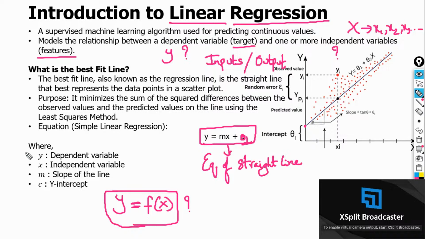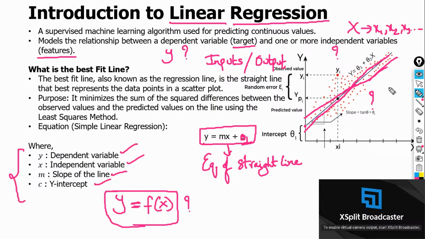We also have the terminology for these variables. Y is the dependent variable, x is the independent variable, m is the slope, c is the y-intercept. That is what we have discussed, right? But the question is how to get the best fit line. Because obviously, this is also a best fit line, right? It passes through the majority of the points. This one,